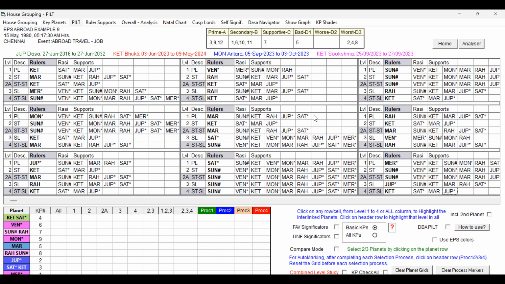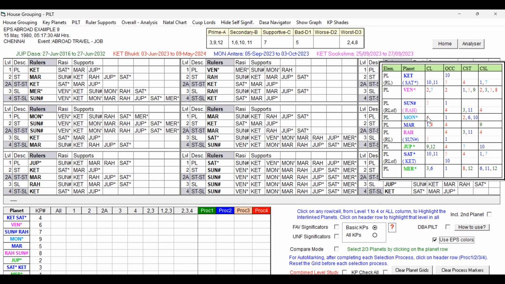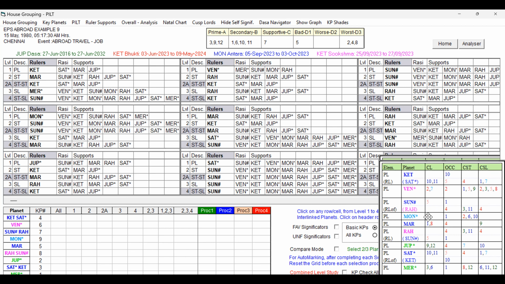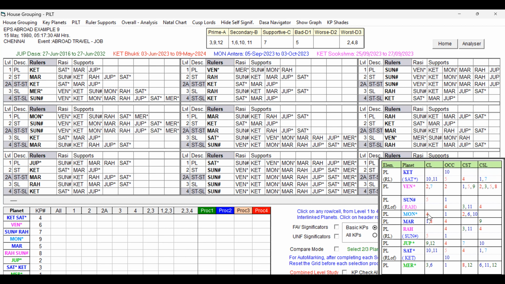As already discussed, the PILT table has the key planet states that are generated by the software. We can use this also, or we can use the self-significations shades which we have already manually given. That also we can do. Anyway, let us use the EPS colors, so that we can see whatever colors we have given in the EPS page, taken here. Now you can see